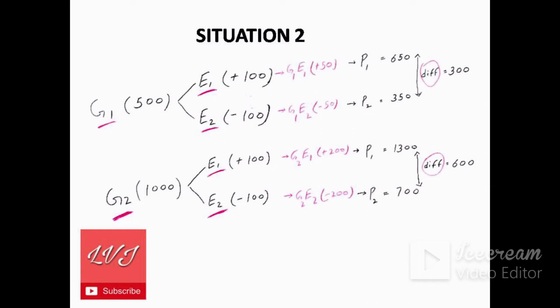This addition of plus 50 is due to genotype environment interaction. Here, besides environment, genotype environment interaction is also helping the animal improve their production. So the phenotypic value will be 500 plus 100 plus 50, that is